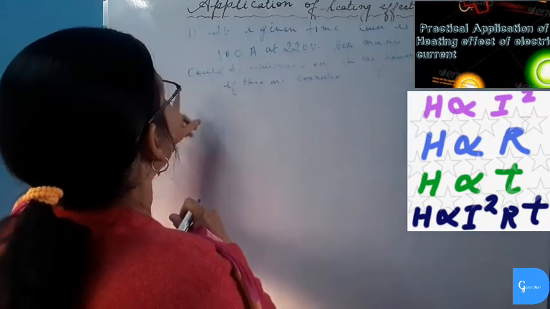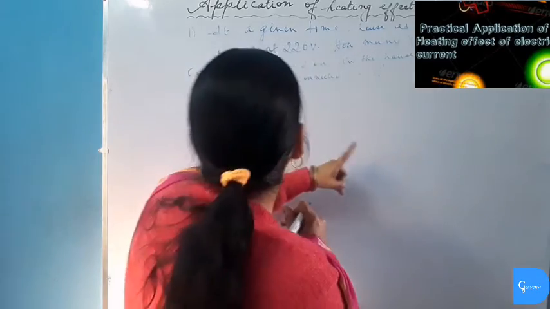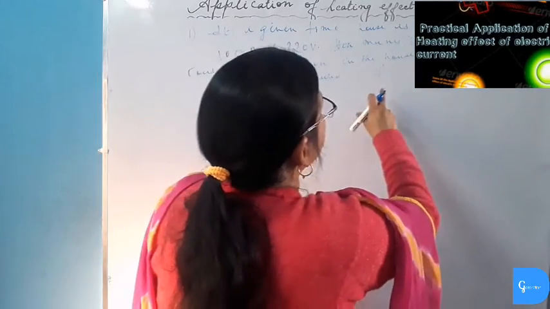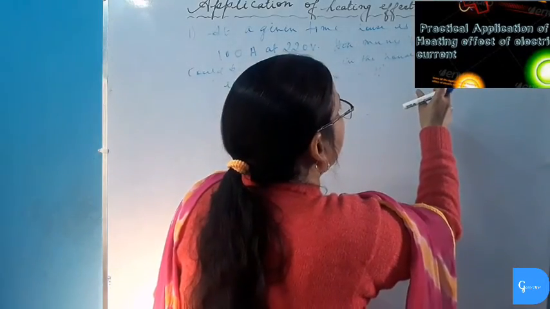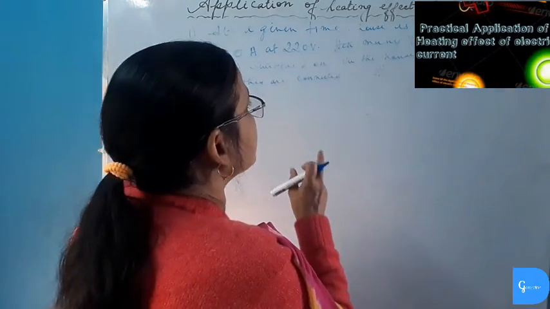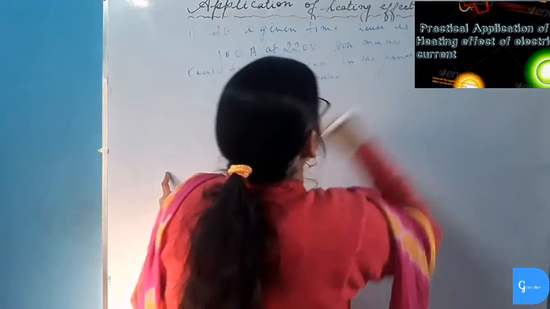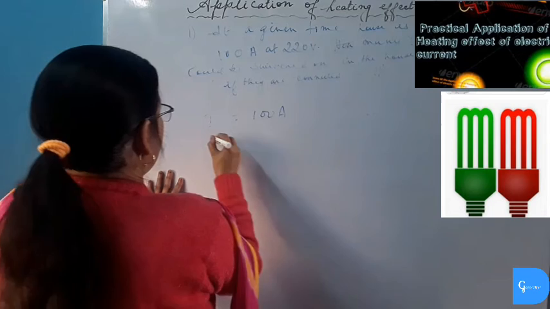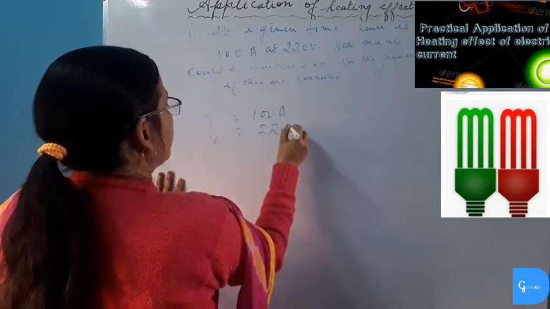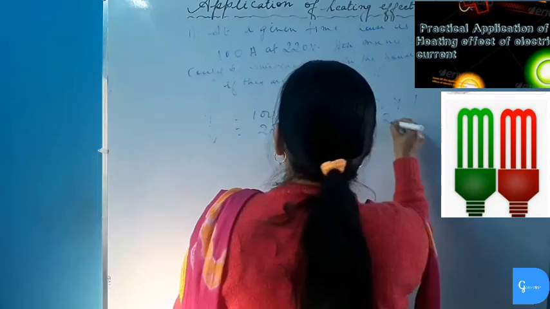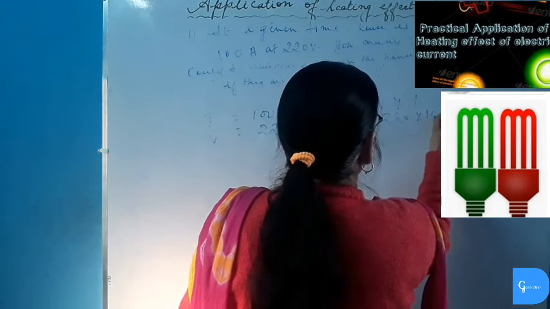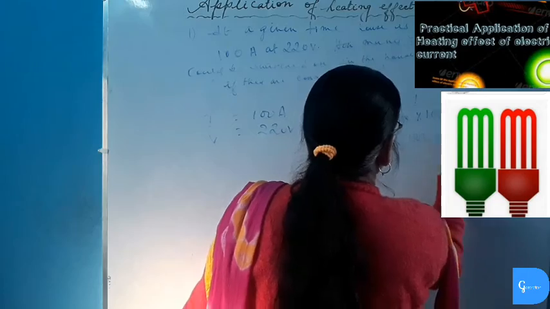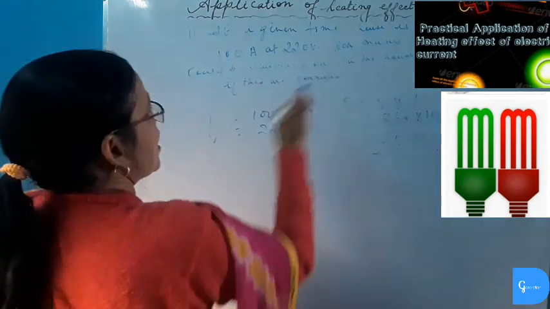Now in the last question, at a given time, house is supplied with 100 ampere of current at 220 volt supply line. How many 75 watt 220 volt bulbs could be switched on in the house at the same time if they are all connected in parallel? So here current I is given 100 ampere and voltage is given 220 volt. So we will calculate the power. 220 volt and current is equal to 100 is equal to 22000 watt is given to this house at the time.